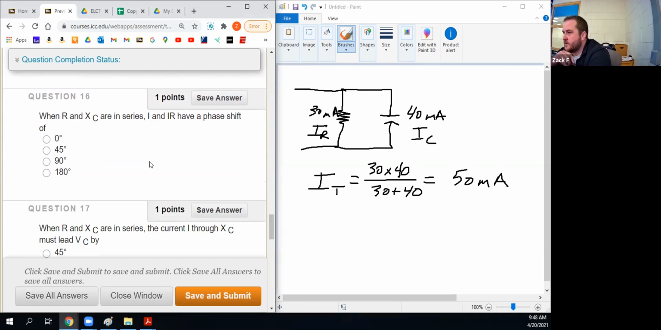When resistance and capacitive reactance are in series, current and IR, so what does IR mean? Voltage. When it says IR, that means voltage because E equals I times R. V equals I times R, that's Ohm's law. I don't know why they don't just say voltage, but they want you to think about it, I guess. When resistance and capacitive reactance are in series, current and voltage have a phase shift of